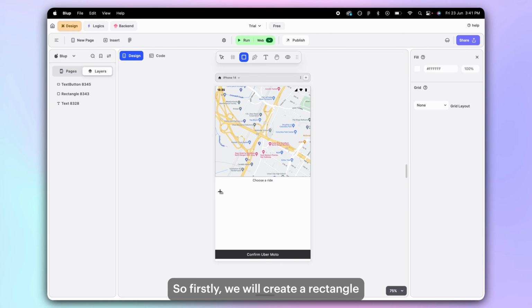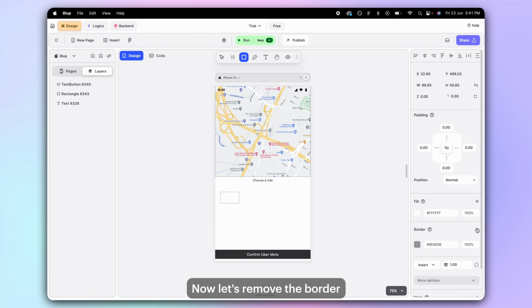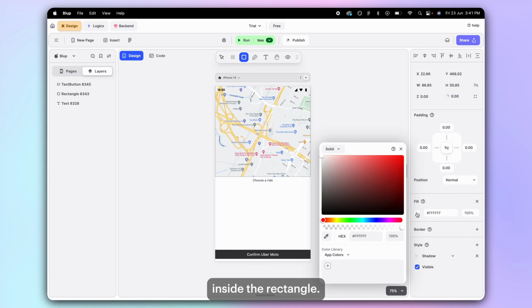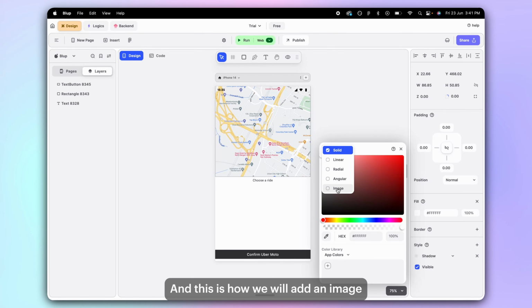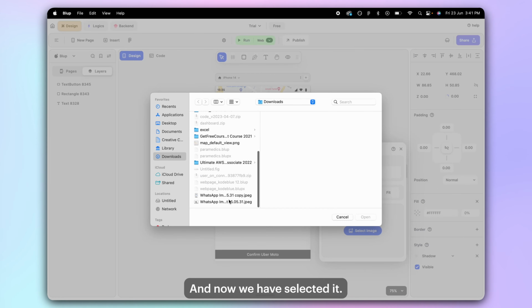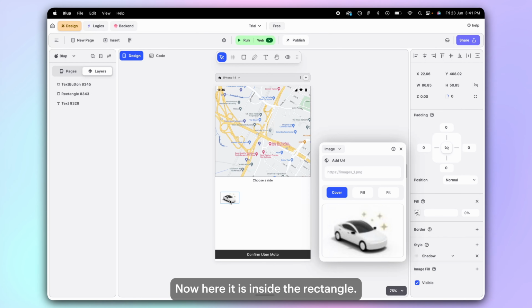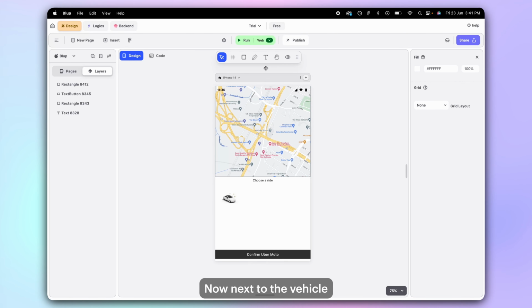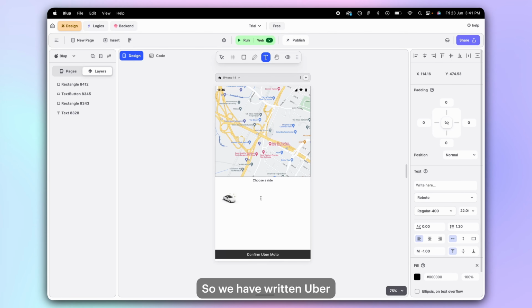Firstly, we will create a rectangle, and I have created a rectangle. Now let's remove the border and add an image of a vehicle inside the rectangle. And this is how we will add an image. Now we are selecting the image, and now we have selected it. Here it is inside the rectangle. Next to the vehicle, we will write the text displaying the vehicle type. So we have written Uber